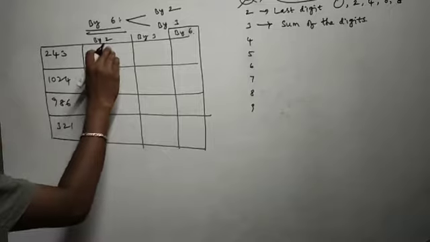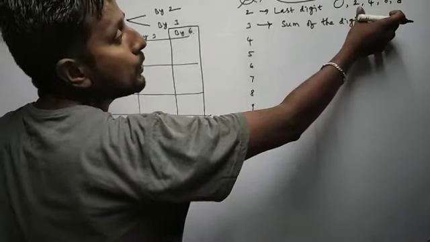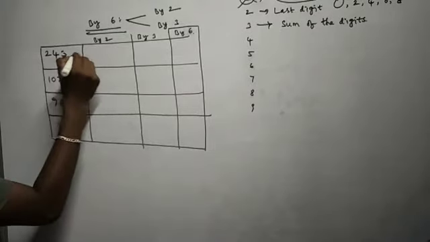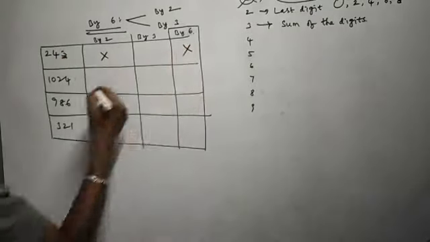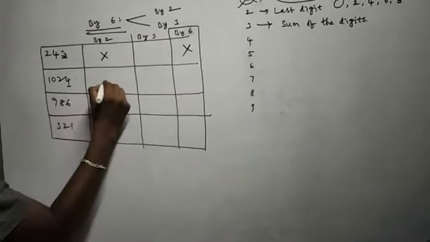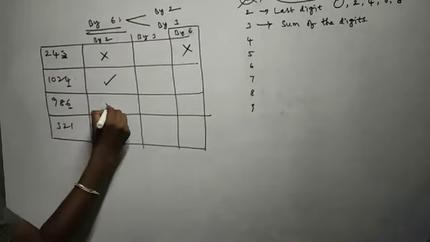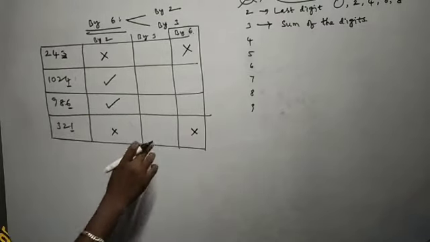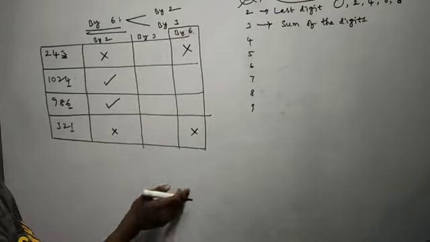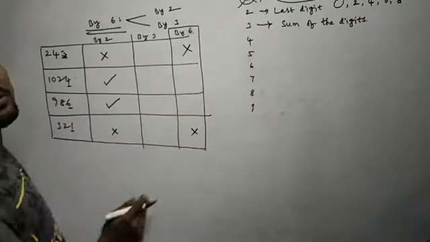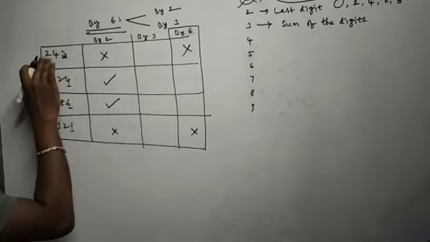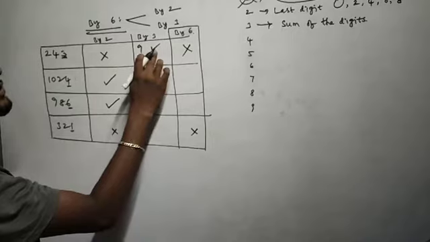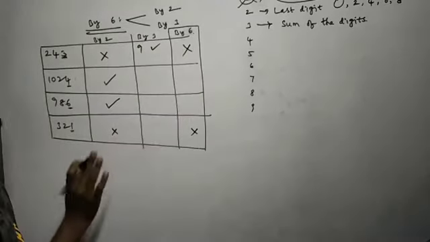Okay. By 2 divisibility rule, what? The last digit 0, 2, 4, 6, 8. If any one of the digits happens, that is divisible. So here 3. So it is not divisible. 4, yeah, by 2. 6, okay, by 2. 1, no. So it is also no. Right. So no need to check this one. Okay, if you want, you can. By 3 divisibility rule is sum of the digits. Let's add 2 plus 4, 6, 6 plus 3, 9. 9 is divisible, but it is not divisible by 2, so not divisible by 6 also.